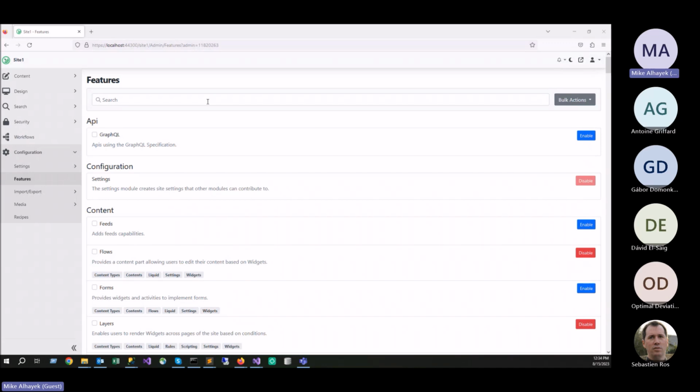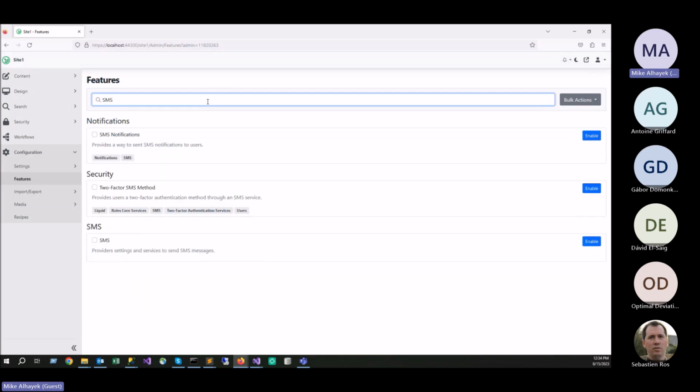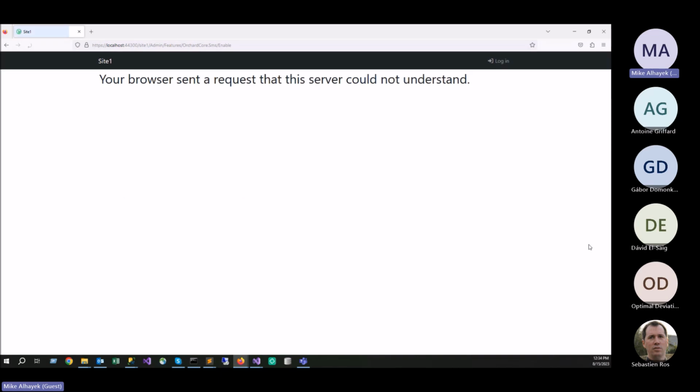Based on interest, a few people had a convo about SMS last week, so I implemented an SMS module. This module provides you a way to have SMS services in your project, and then you can do whatever it is that you want with them. There are actually 3 features around it, and I'll show you all. If you search for SMS, you'll see a new feature here called SMS. So if you enable it,